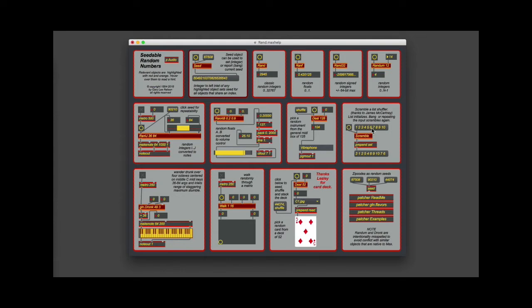There's one down here, shuffle, which I first learned from James McCartney. And it shuffles. Now if we go back up to our seed and hit that, notice 312 ending in 76. Do the seed again, 312 ending in 76. So again, repeatability. Now if you read in the README, there are 256 threads or cycles of random numbers,